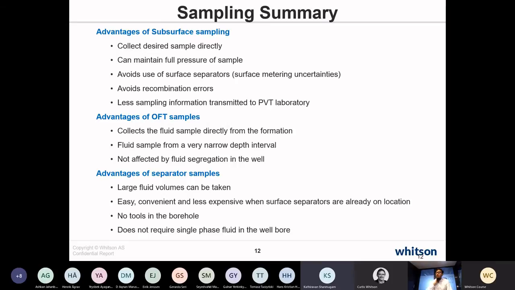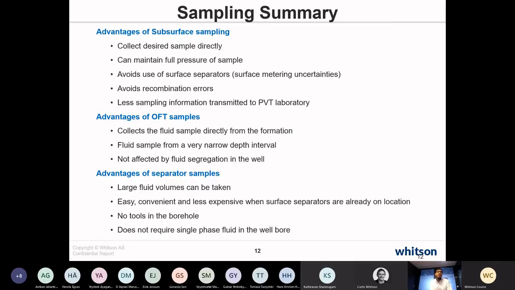If I have understood your question correctly, you have multi-stage separators. The oil from the first stage separator goes into the second stage, and from the second stage, the oil goes into the third stage. That's right? Yes. So in that case, I think you only need to take samples from the